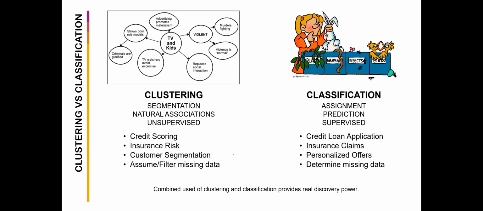In classification, we already know the labels that we want. If we look at this picture, we know what a plant is, what a mammal is, what insects are, what birds are. We know the definitions of these groupings. We simply assign each data point to each of these bins or groups. So it's more of an assignment rather than segmentation, more of prediction rather than natural association. And in technical terms, that's why it's called supervised learning rather than unsupervised, because of the existence of these